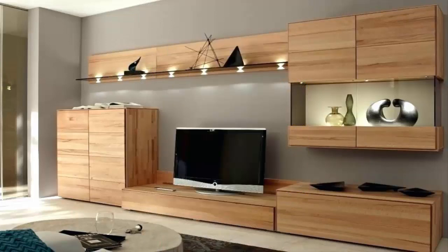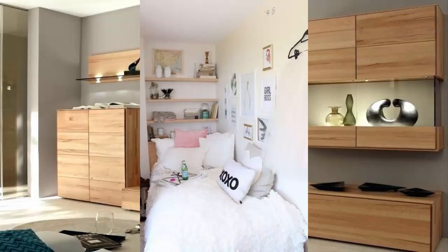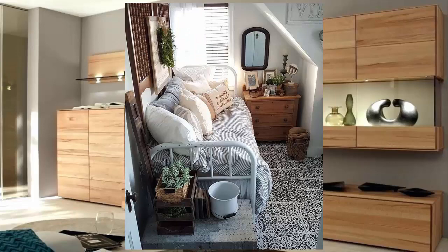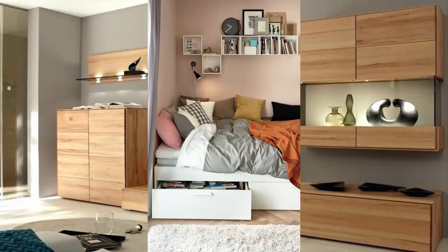5. Storage under the bed. Since the bed always becomes one of the items that requires large space in the bedroom, maximizing the function of the item is really a good idea. Instead of using your bed only as a place to lay down your body, you can make storage under it. You can create separate compartments under the bed to keep things like blankets, extra pillows, curtains, and much more. You can also fill it with boxes to keep your children's toys,